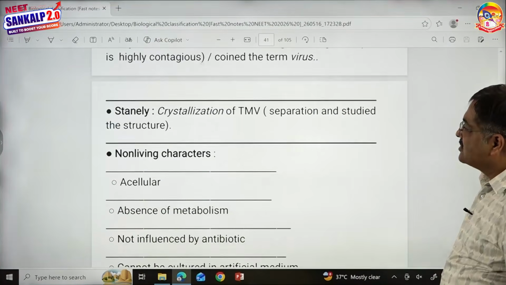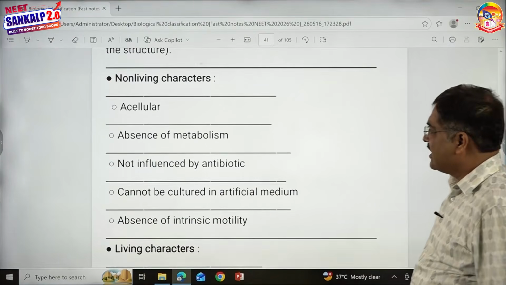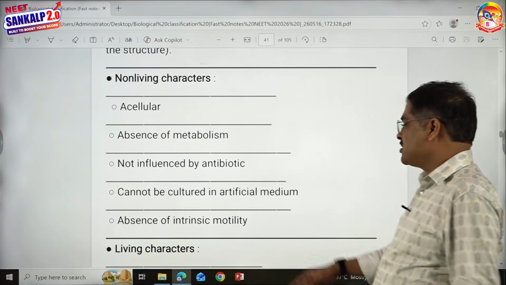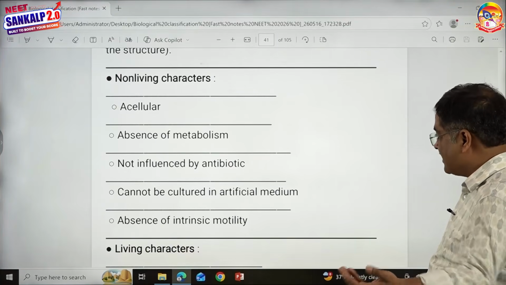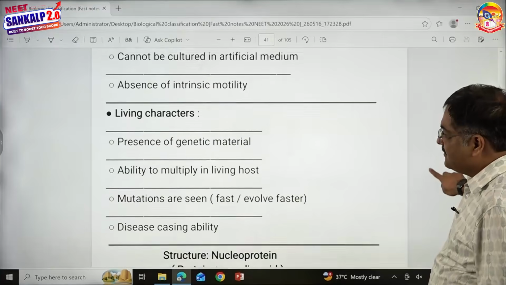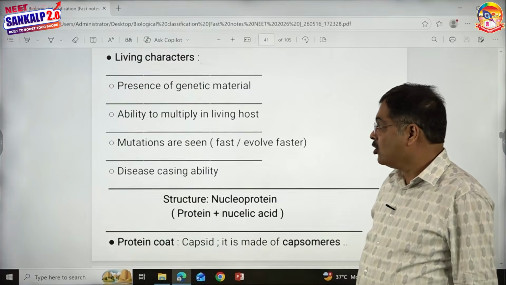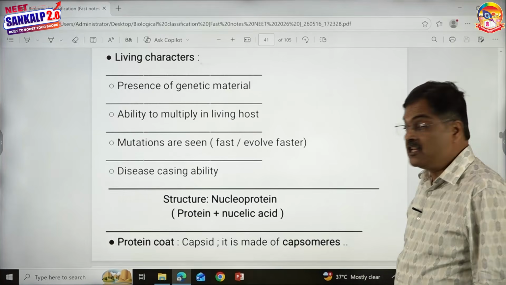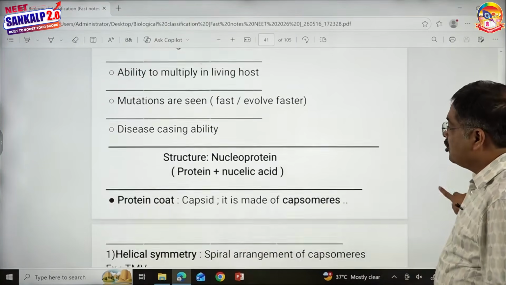Stanley, crystallization of TMV. These are the non-living characters, children. No cells, absence of metabolism, not influenced by antibiotics, cannot be cultured in artificial medium outside the cell, absence of intrinsic motility. What are the living characters? Presence of genetic material, ability to multiply in a living host, mutations can be seen in its genetic material, disease-causing ability. Then nucleoprotein,